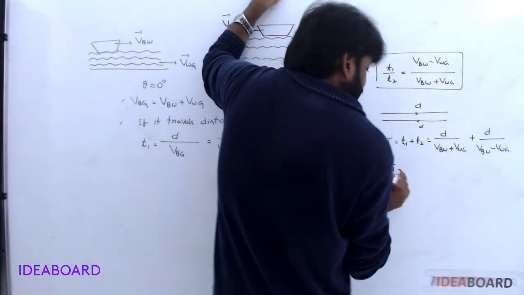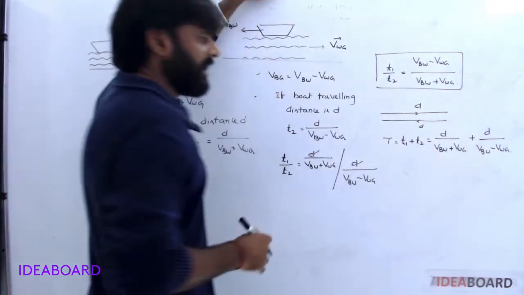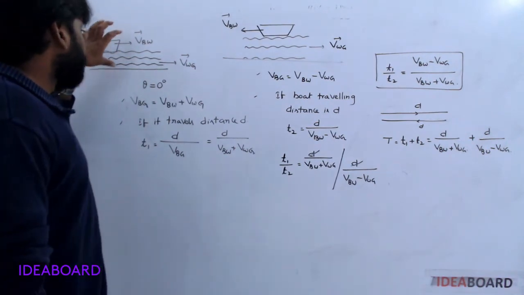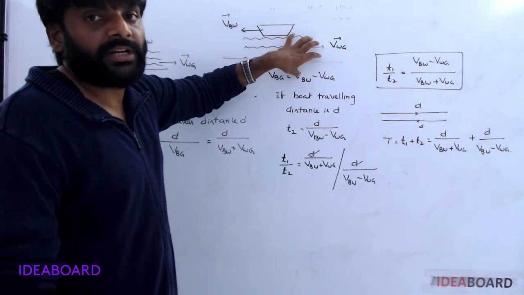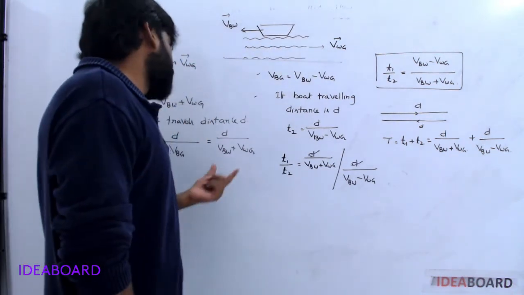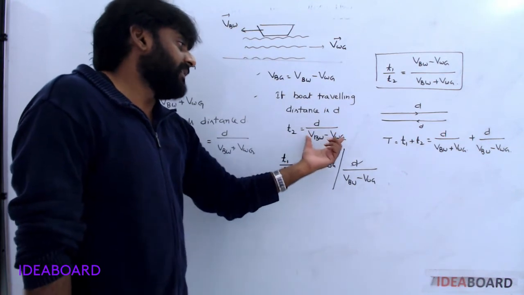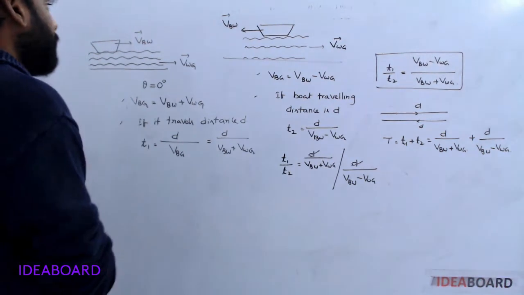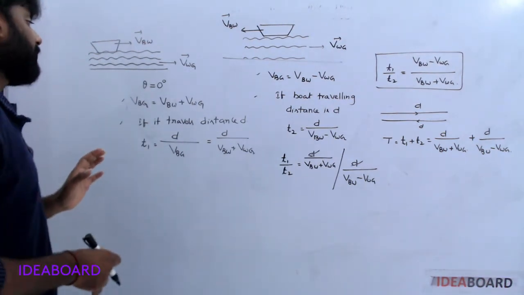Now, total time is this one. Understood? Total time is this one. See, in the first case it takes less time, in the second case it takes more time, because in the same direction it is plus, in the opposite direction here it is minus. This value decreases, which means the time value increases. If boat velocity with respect to water is 0, okay,